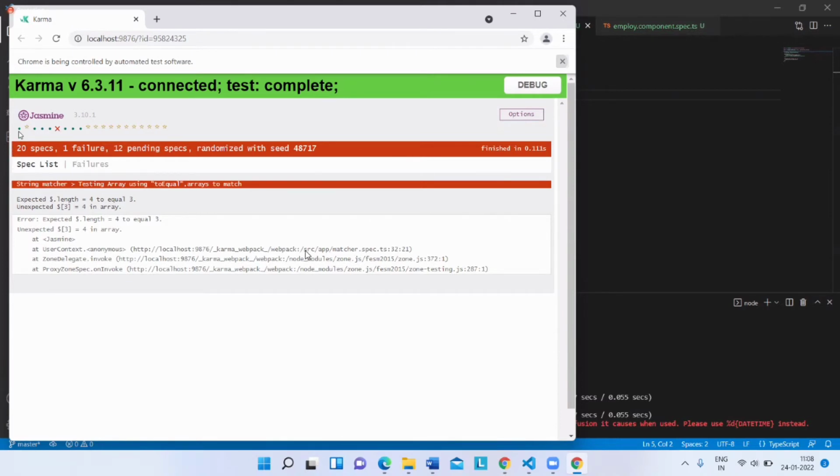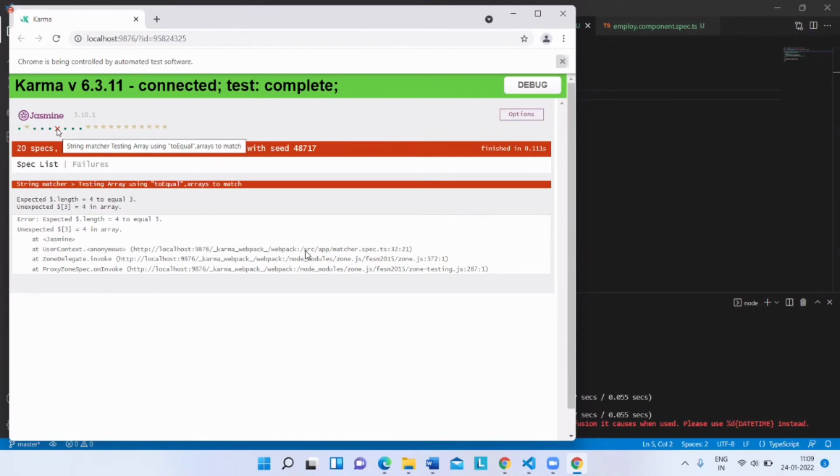If I move towards this dot, you can see the test addition, that is the description I have given. That is a success: when I pass 10 and 5, it gives me 15, so that test case passed. Next, you can see this X. When I move here, it shows the string matcher testing array using toEqual for two arrays to match.